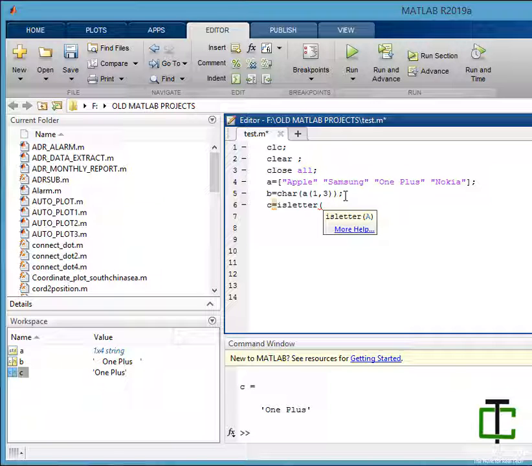Let's say B contains 1 plus. If I want to search for a bunch of characters called PLU, capital PLU, so B comma string PLU. Keep in mind that this function is case sensitive.